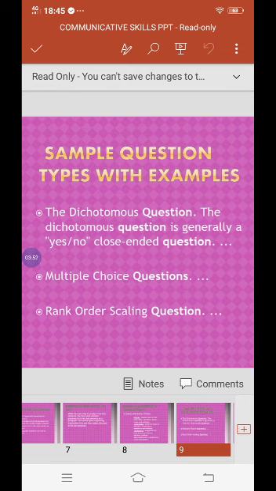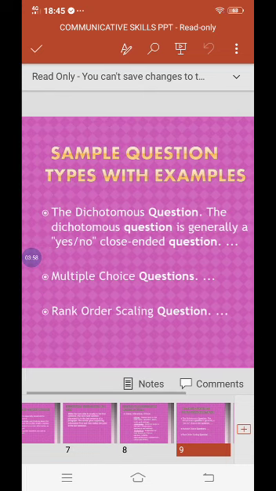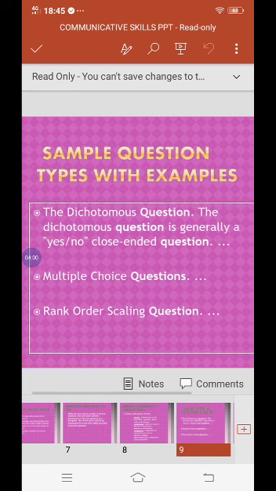The respondents that answer yes can be bunched together, and the respondents that answer no can be bunched together, and both can be asked different questions. Have you purchased a product or service from our website? Yes or no? So this is the type of question that comes under the yes or no type.